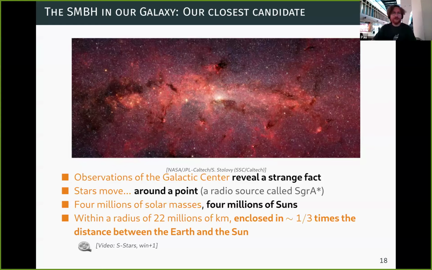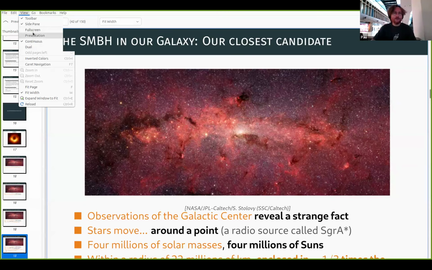Now, this is why I named this talk a cartography of a space-time. This is a little bit what sailors in the past used to do. They would sail across the coast and try to draw what the coast looked like. Now, we have a probe that is sending us very precise information about the geometry of a space-time around a supermassive black hole. Now, let me share again this thing here and go back to the slides.